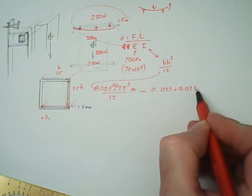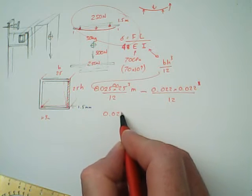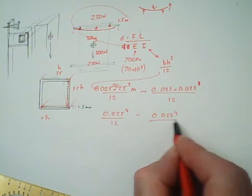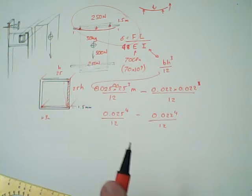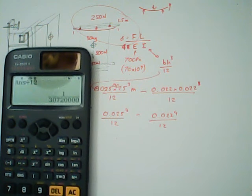Okay, so to convert this, I'm going to simply go 0.025 by 0.025, so it's now in metres, because I like to do everything in metres because we've got the length in metres and we work in metres, so let's stick to that. So that's the outside, and we need to take away this inside area, so it's going to be minus, now the inside is going to be, well, we're going to take 1.5 millimetres that side, 1.5 millimetres that side, so we're going to be minus 3 millimetres. So it's going to be 0.022 times 0.022 cubed